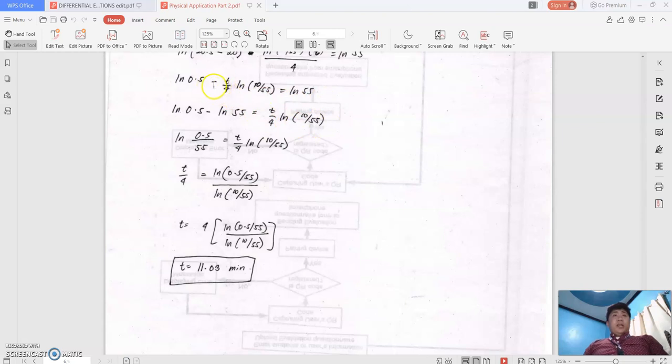so from here, I transpose this one to the other side and this one to the other side. Okay? Why not this one on the other side? Since this is negative, and my value is I want t, so I just changed this one. It is still possible, since after that you multiply by negative. Okay? So after that, I transfer this one and this one to the other side. It becomes like this. So from here, since this is negative, the positive ln becomes the numerator, the negative ln becomes the denominator. After that, you have 0.5 divided by